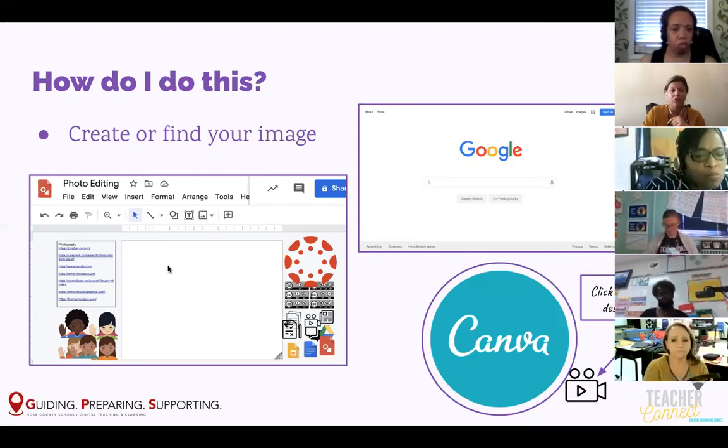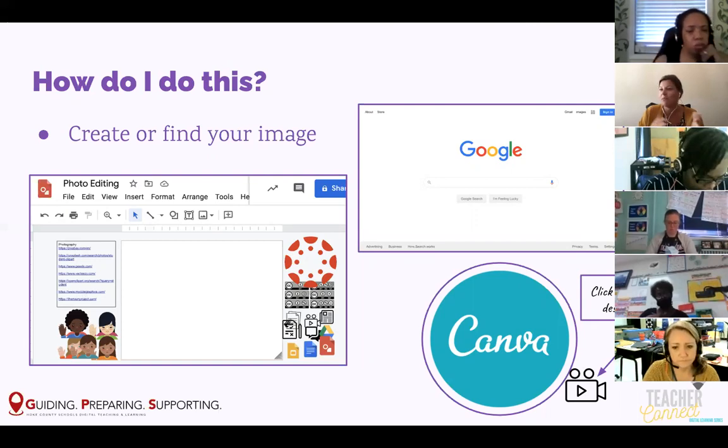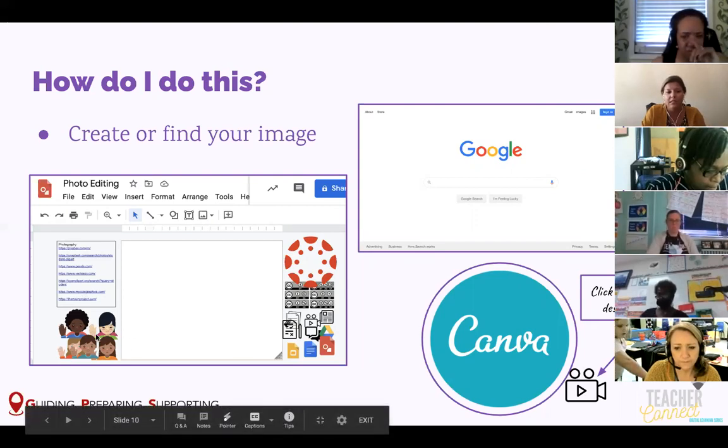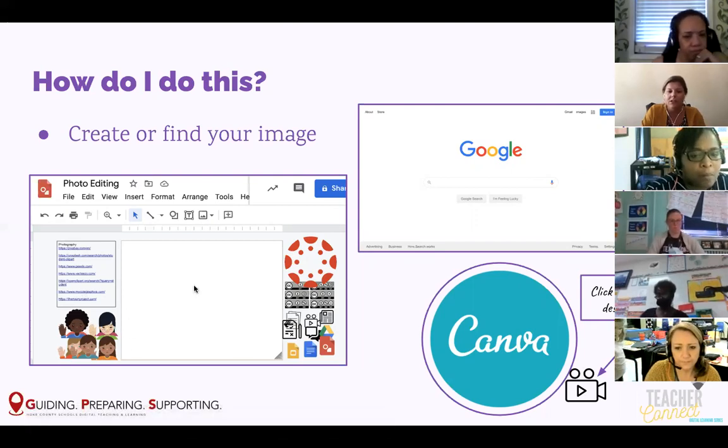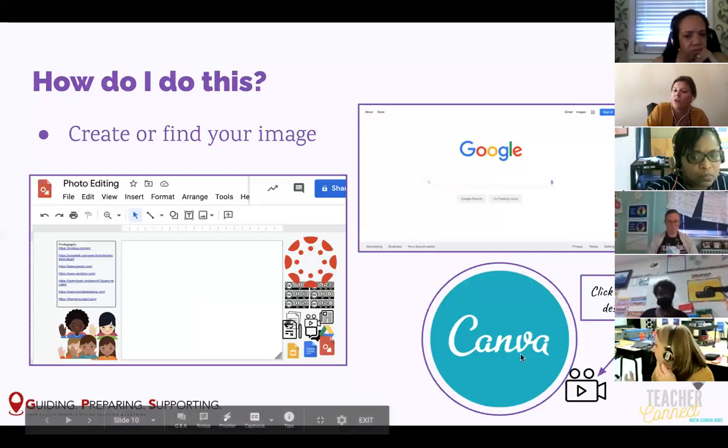I have a Google Draw that I just named photo editing, and these are open resources here. You'll see there's a clipart link in there. I shared this, so it will force you to make a copy. If I'm answering people's emails, a lot of times I'll put some screenshots in here, so when you make a copy, there may be something in it. After you make a copy, delete that out. It's yours. These students have boys and girls in it, but I just drag it over, and then I can take a screenshot and upload it to where I need it to go. And we're going to explore